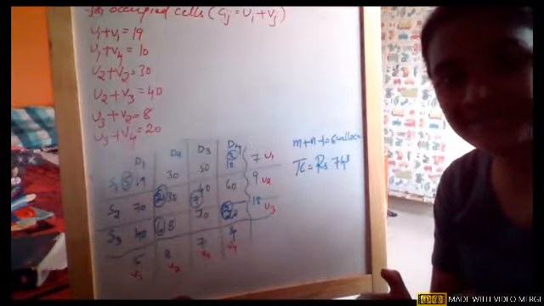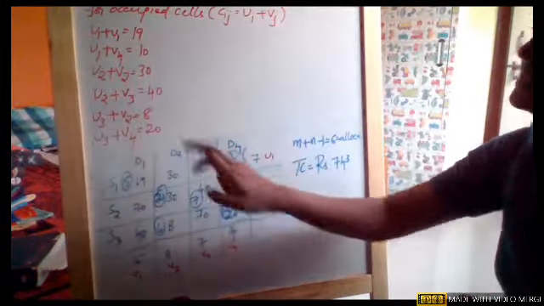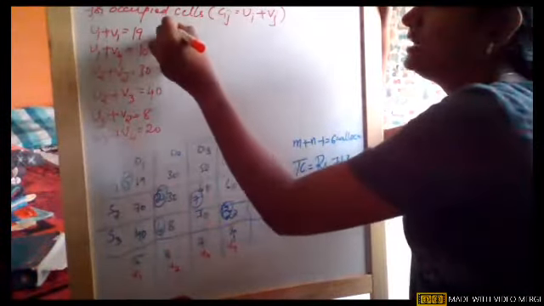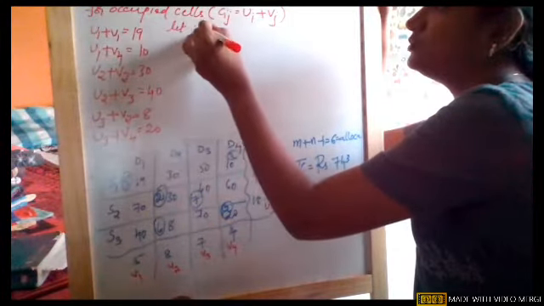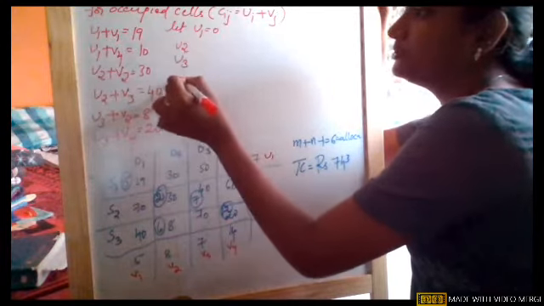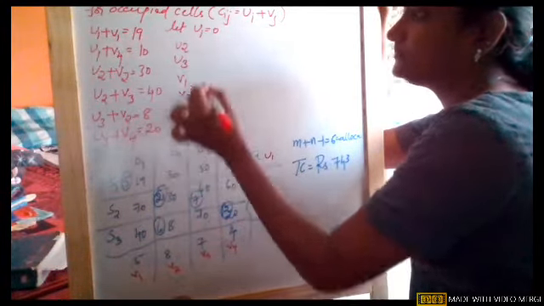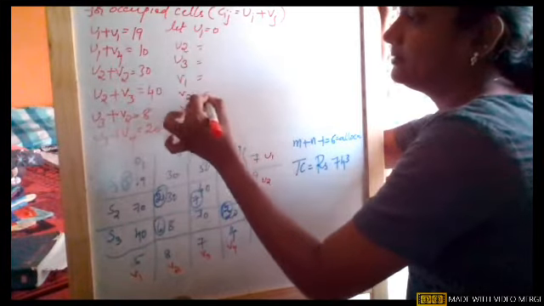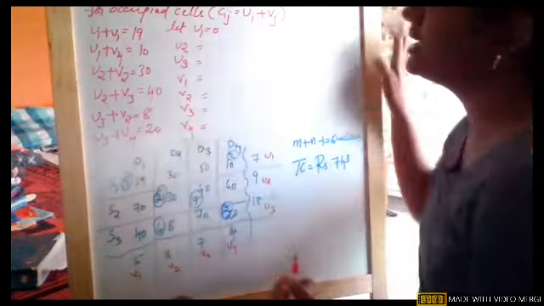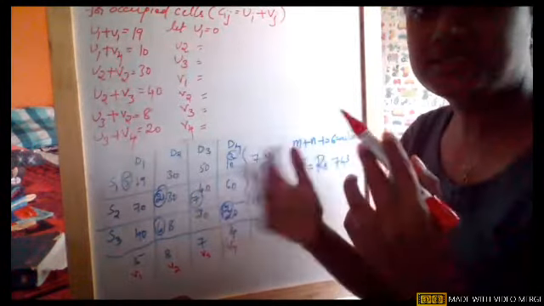I hope you're all clear with this, girls. There are 6 allocations, so we got 6 occupied cells. Same thing again, you need to use the same logic. Let U1 be equal to 0. We need to find the values for U1, U2, U3, V1, V2, V3 and V4. I took U1 equal to 0 in the same way. The process is the same again.